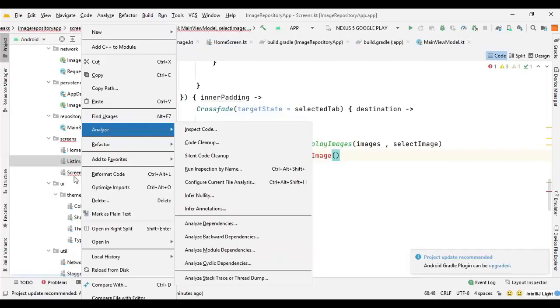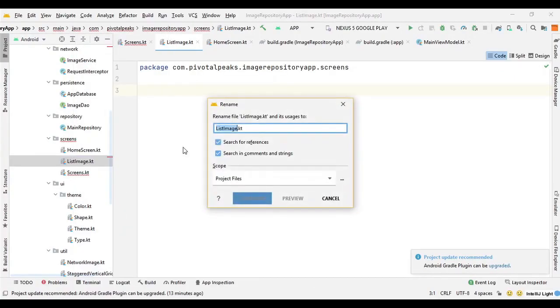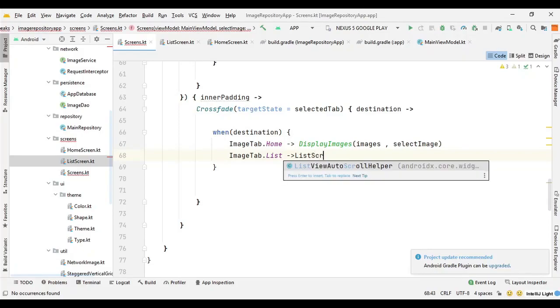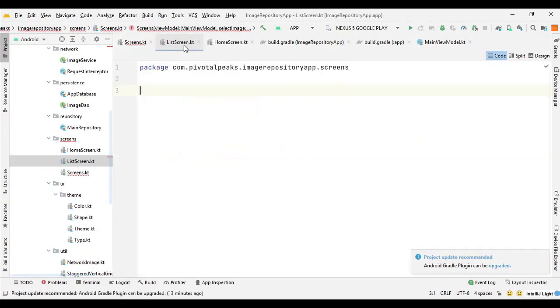So we can rename it. So ListScreen, and here we will just say ListScreen, and it's okay. We don't have anything inside this ListScreen, so that's why it's not getting it.